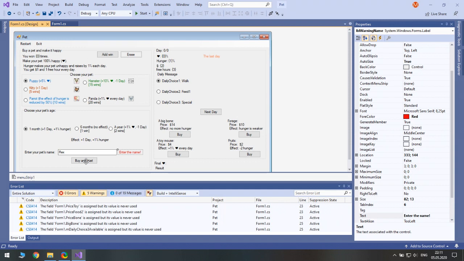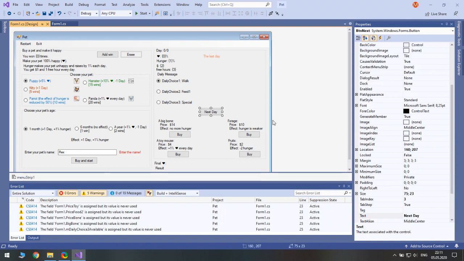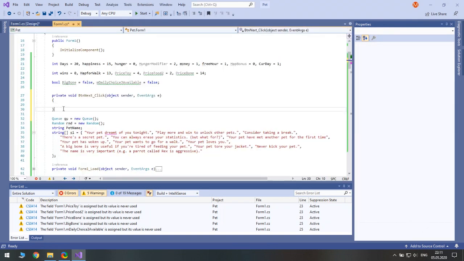And now, oh, yeah. So after all, I made a function that starts the game, but not the function that moves to the next day. So let's access next day button.